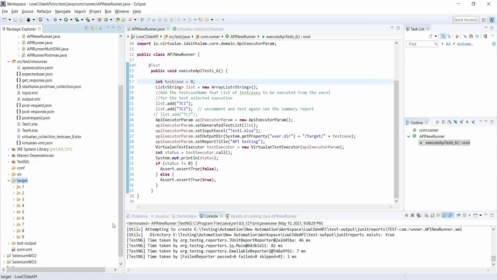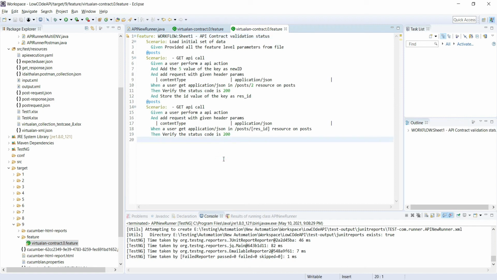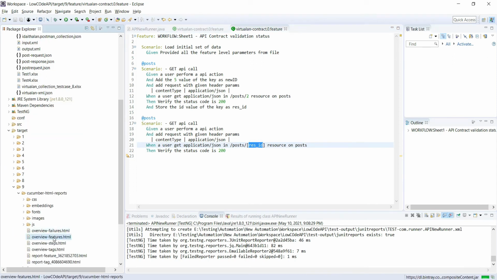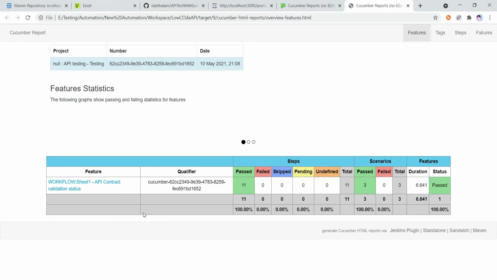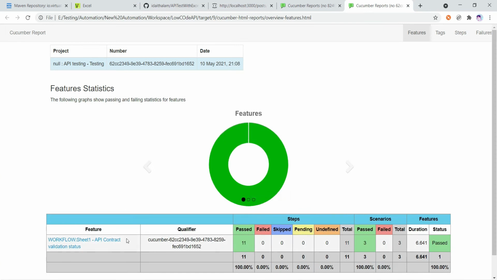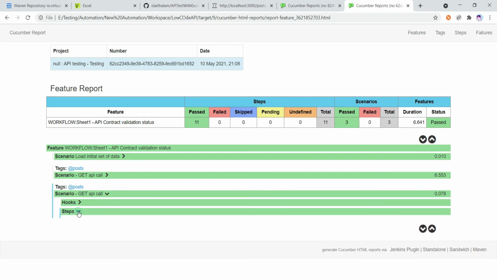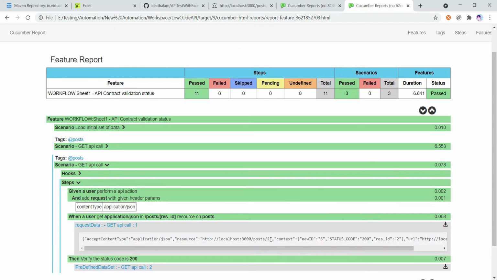Let me refresh this, and I got folder 9, and let me open a feature file which is created, and here you can see that res ID is displaying. So let me open my report. I will open the overview feature report on Chrome, and you can see all test cases have passed, 11 steps have passed. For the third step, if I open this, you can see 2 has been passed here.